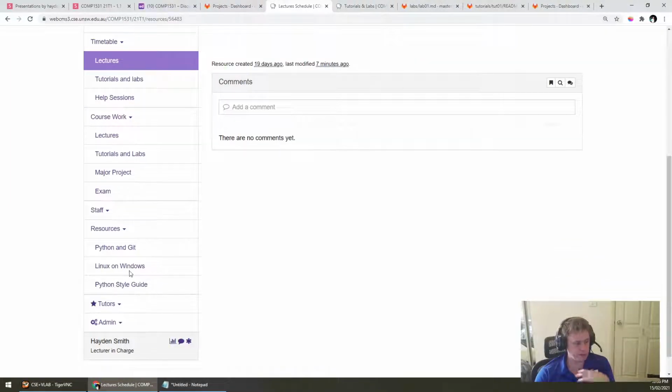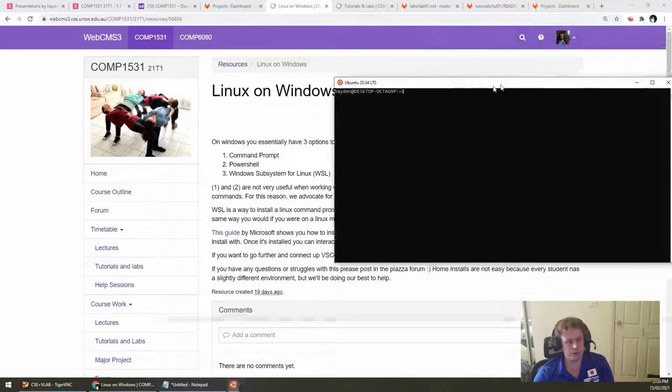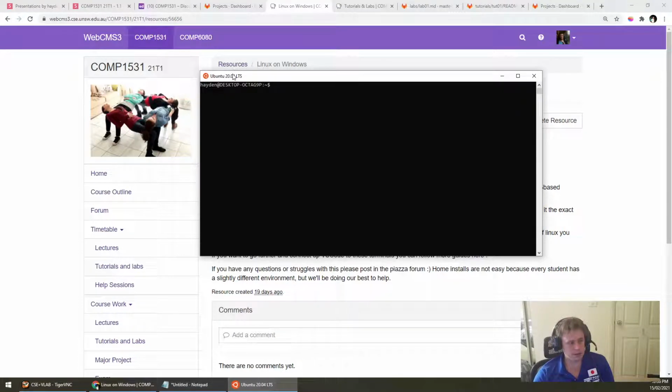If you are running Windows, and like I run Windows at home, then we have some pretty straightforward instructions just to help you set up Windows Subsystem for Linux, which is generally the best way on Windows. It's very easy, and it's something I'd recommend most of you do on Windows because there's a lot you can do with it. You can pretty much install a Linux shell.